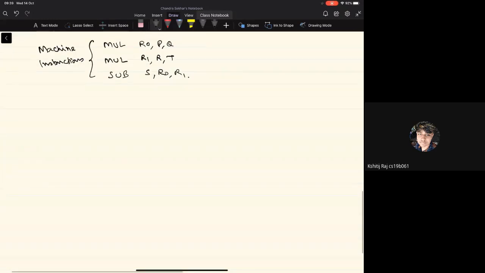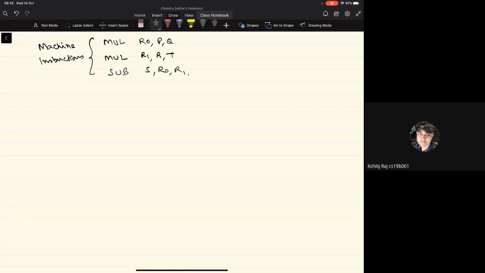Okay, now let's look at a typical control transfer statement. I'll take a simple one. Don't worry about the syntax of the statement.